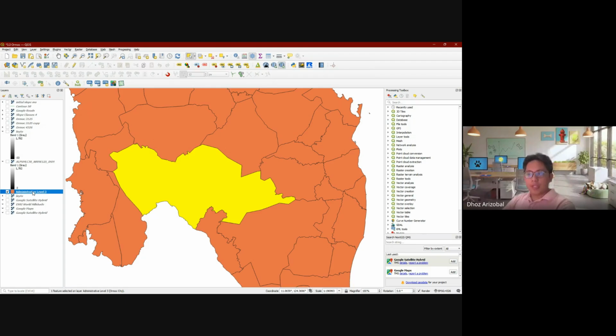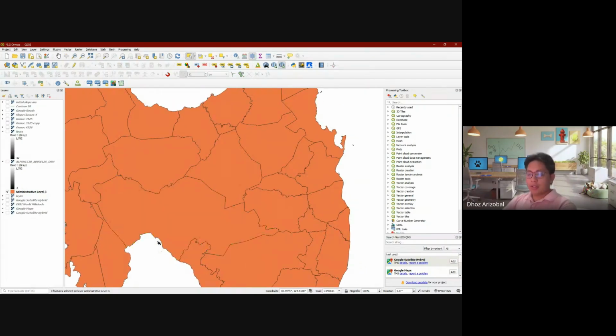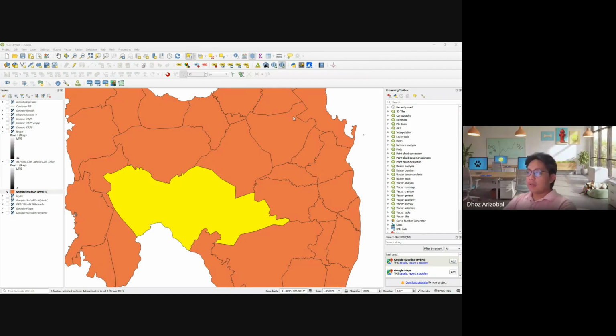You save your shapefile. Yellow just means I've selected this region. So I'll select Ormoc, right click, save selected features, and save that wherever you want.